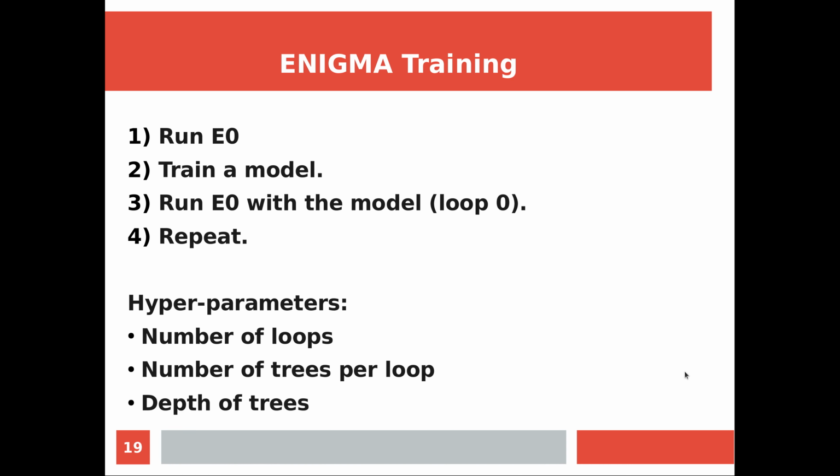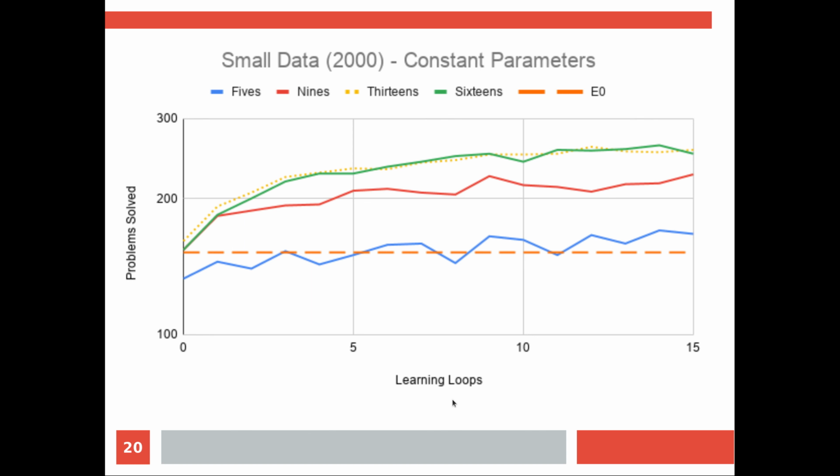ENIGMA training is done in loops where E is run with the basic strategy, a model is trained, and then E is run with the model and the basic strategy, and then it's run in solo mode, only with the model. And this is just repeated. The main hyperparameters are the number of loops of training, the number of trees per loop, and the depth of the trees. The first test uses constant parameters such as 100 trees of depth 16